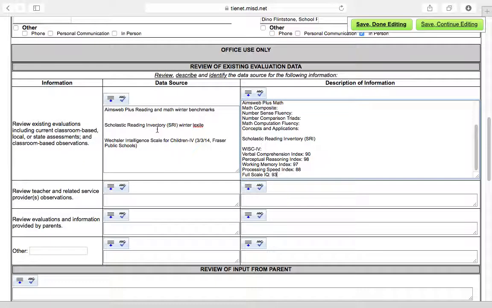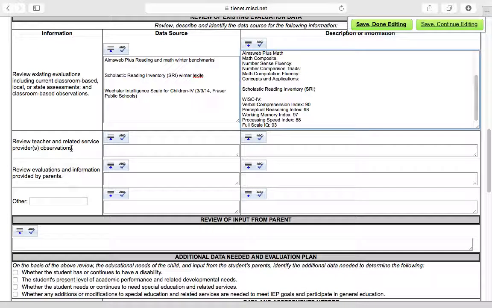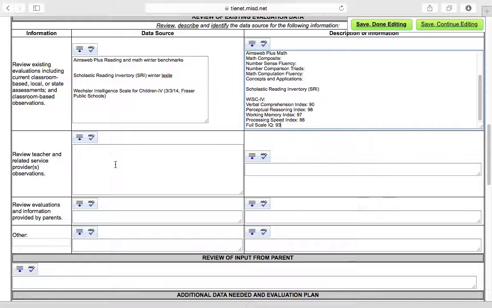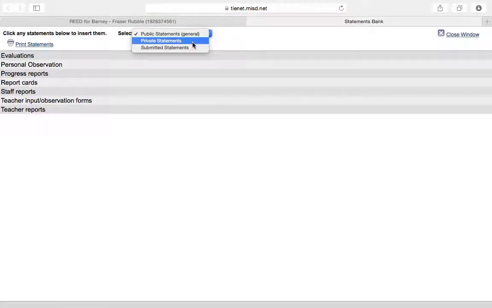Benchmark assessments, any existing evaluation data that you reviewed, put that in here. For the middle section, review teacher and related service provider observations, that's a good place to put current progress monitoring information. So I saved a statement,